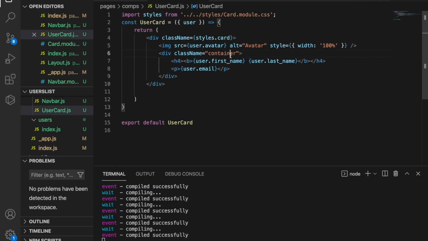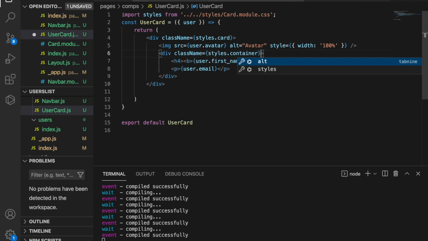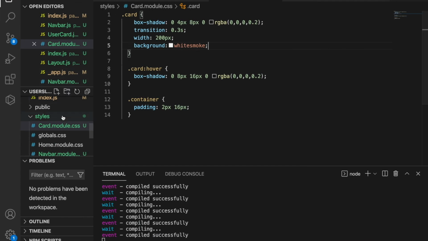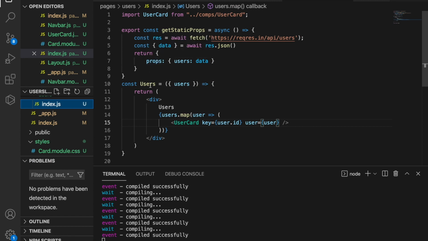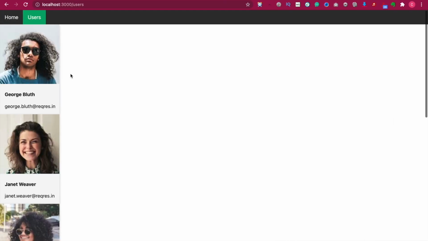And we also have to change this to styles.containers in order to use the styles of these containers. So now if you go back to here, we can see it has some paddings at the card. Now we are going to delete the word "users" inside the users pages. So now we can see all the cards